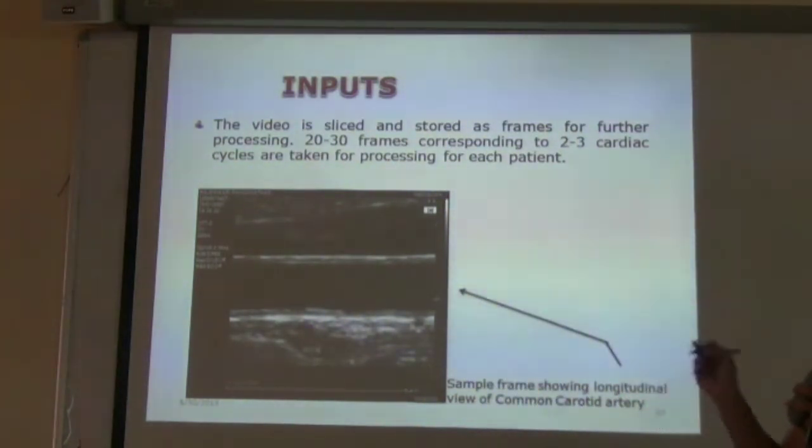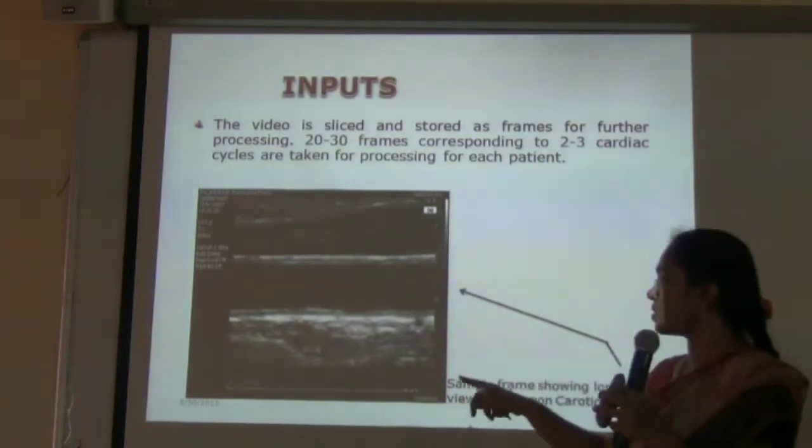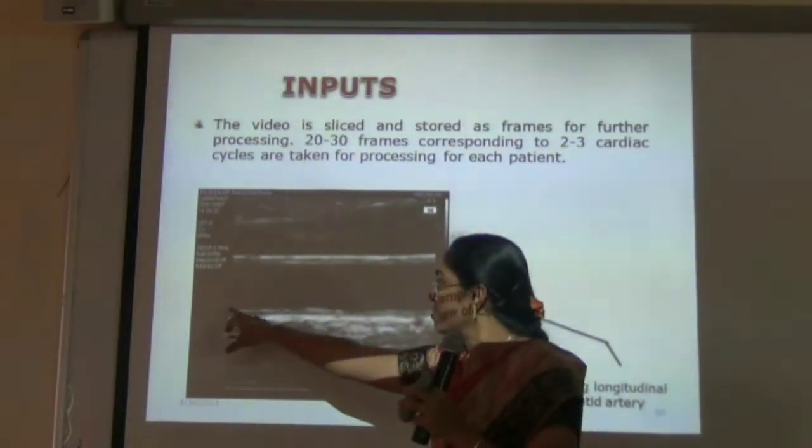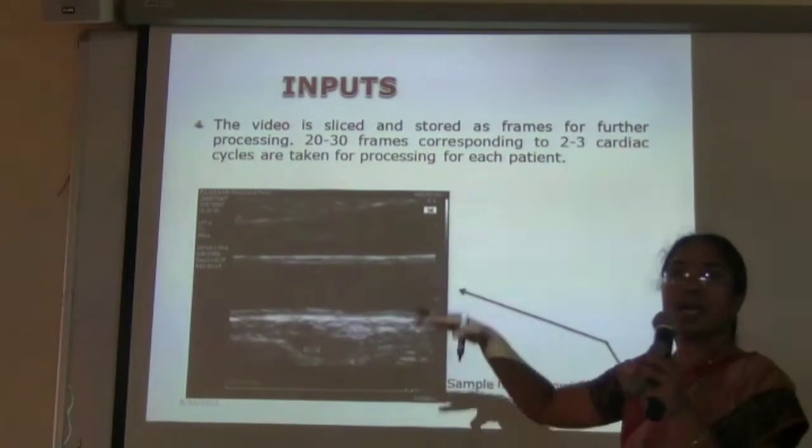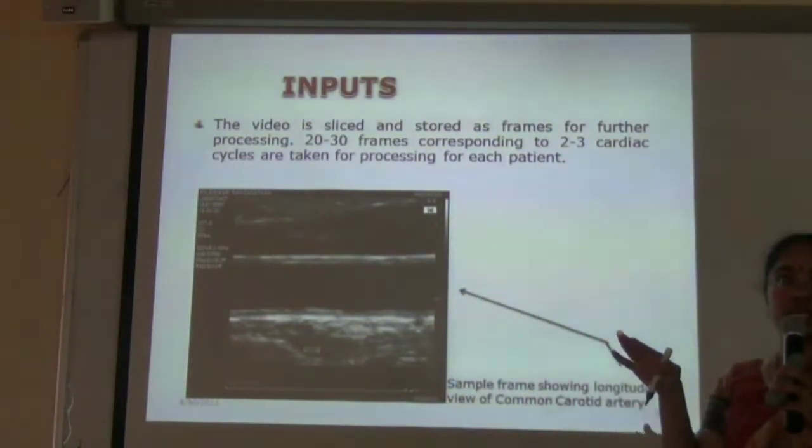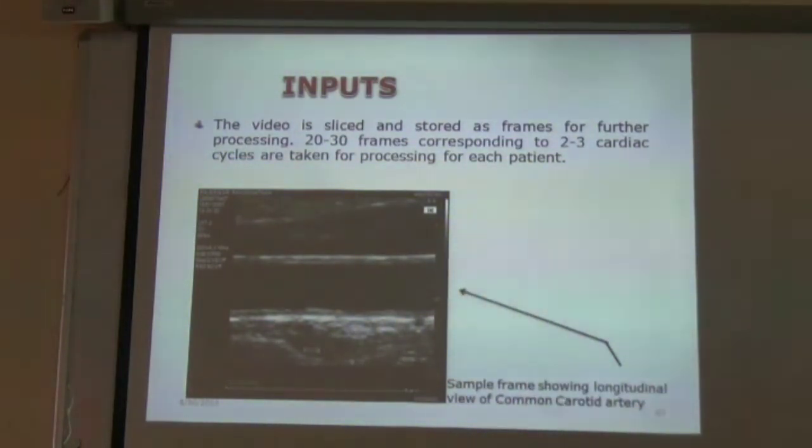So in this, what are those polylines? Think about it. These are all lines starting from the pixel up to this end. N number of polylines are there. Okay, so in your longitudinal image,